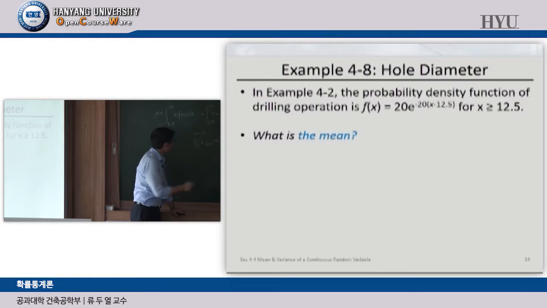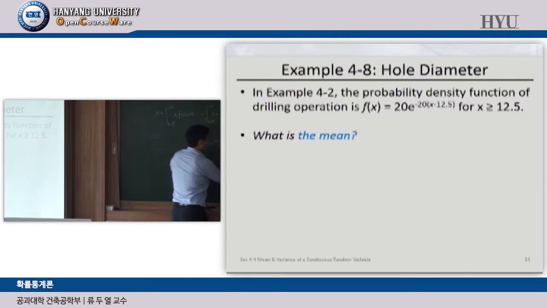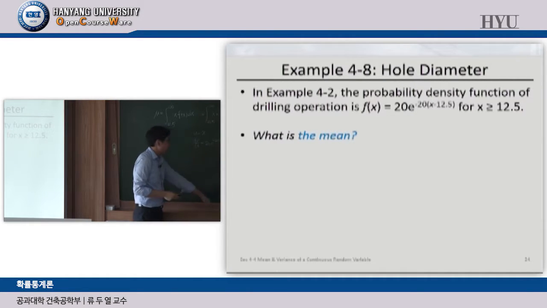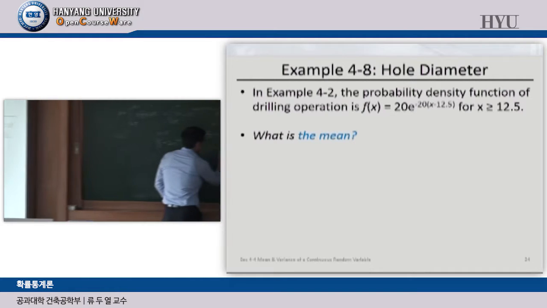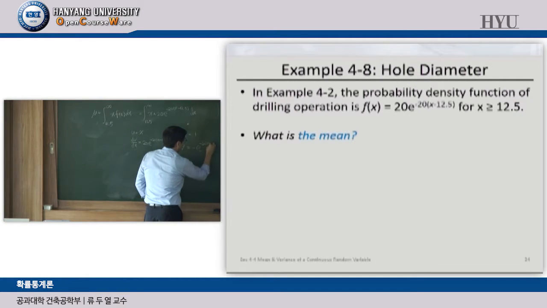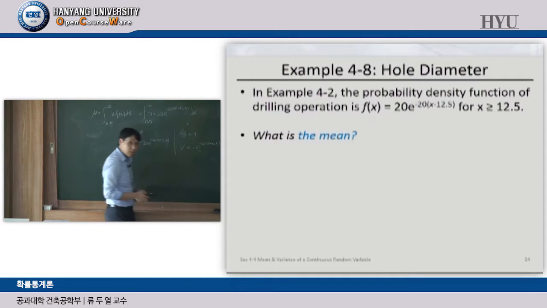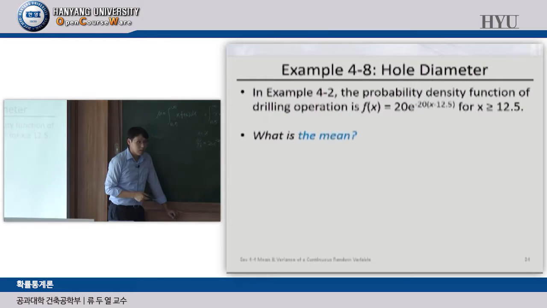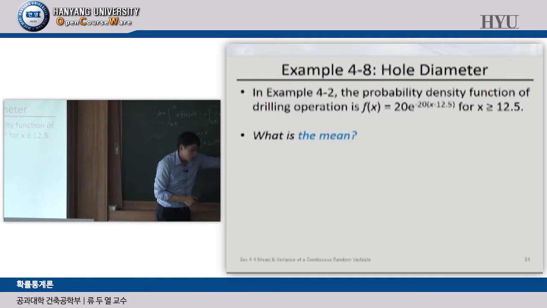If you differentiate u by x, that is just 1. And what is v? That is minus e to the minus 20 (x minus 12.5), right? If you differentiate this, you can obtain the previous value, right? So, based on these four relationships, we can change this equation to,